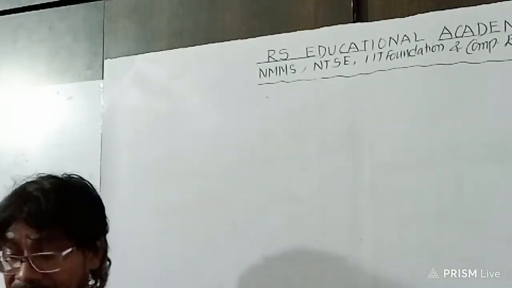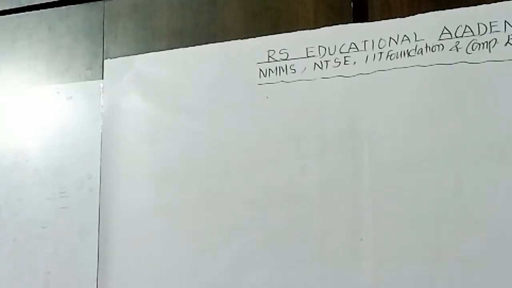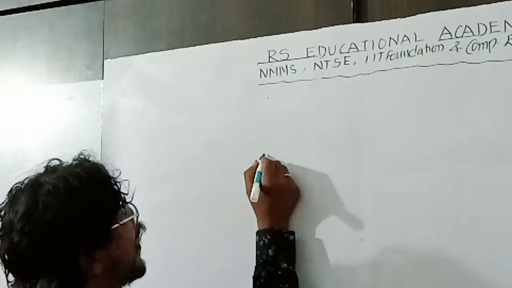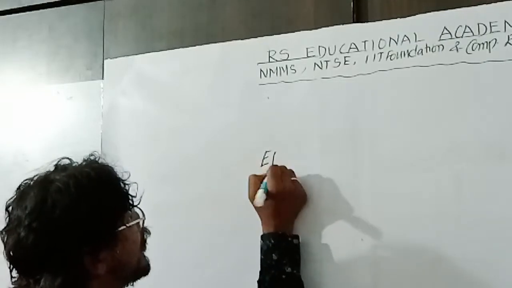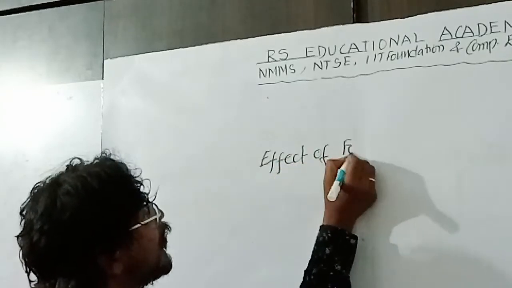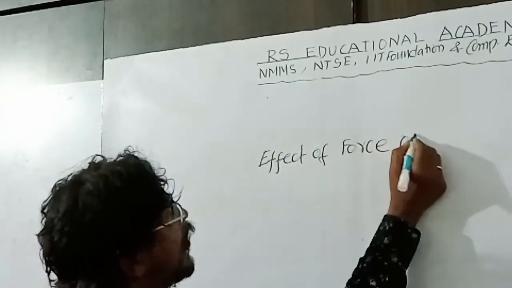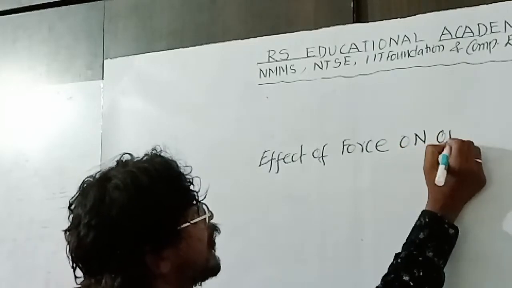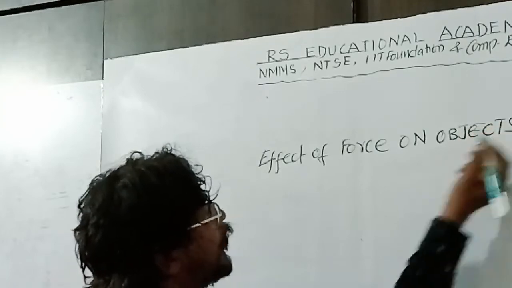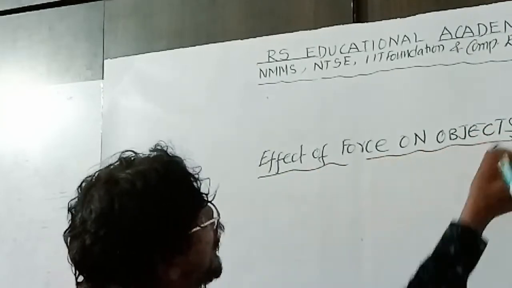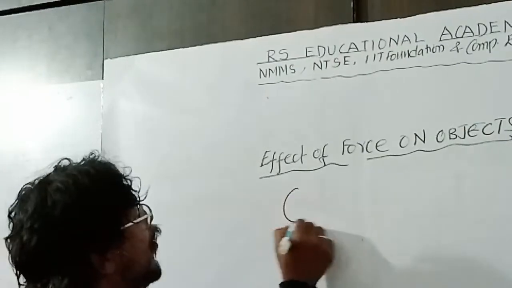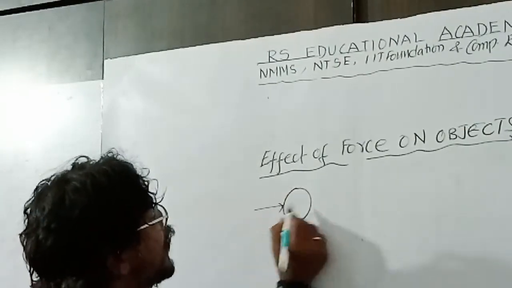వాట్ హ్యాపెన్స్ వెన్ ఫోర్స్ ఈజ్ అప్లైడ్ ఆన్ అన్ ఆబ్జెక్ట్. వస్తువు మీద బలము ఉపయోగిస్తే ఏం జరుగుతుంది అంటే ఎఫెక్ట్ ఆఫ్ ఫోర్స్ ఆన్ ఆబ్జెక్ట్స్, వస్తువుల మీద బలం ఉపయోగపడుతుంది. సపోజ్ దిస్ ఈజ్ అ బాల్. ఇఫ్ యూ అప్లై ఫోర్స్